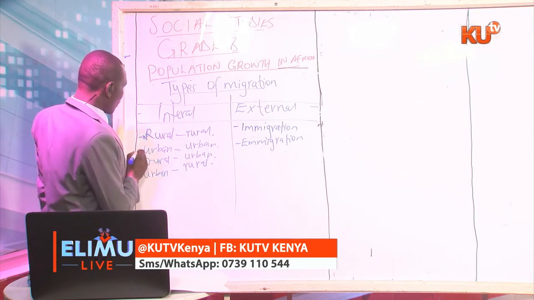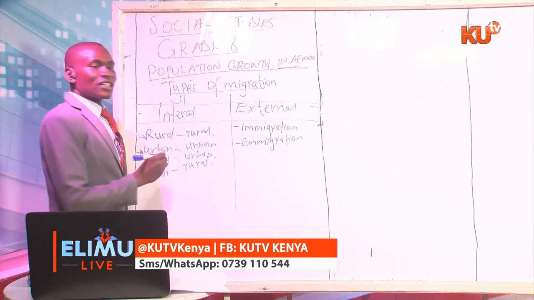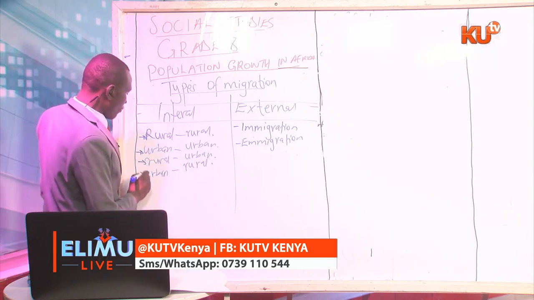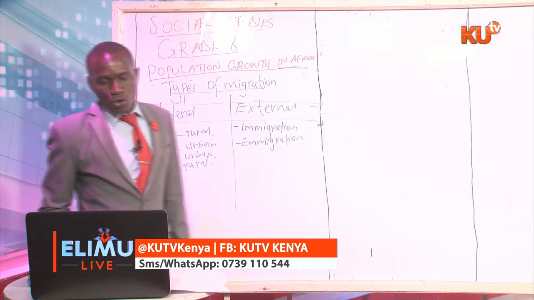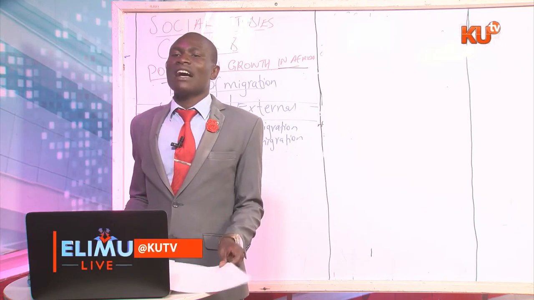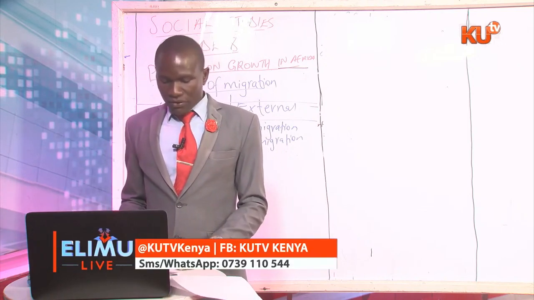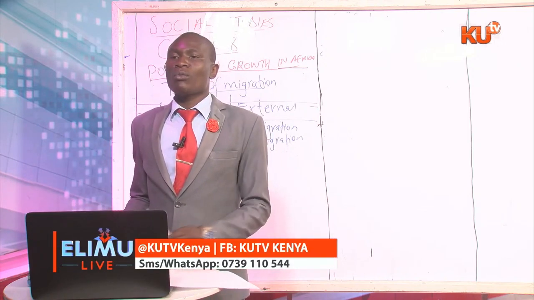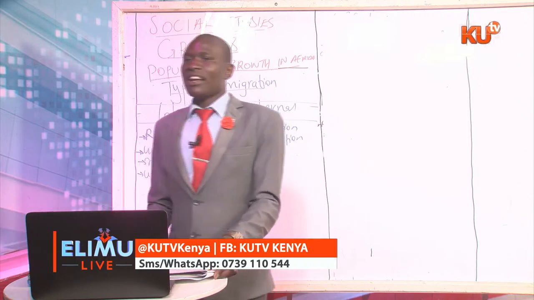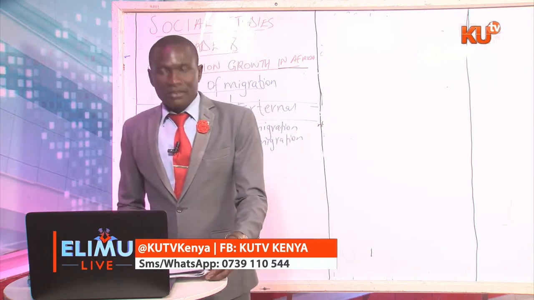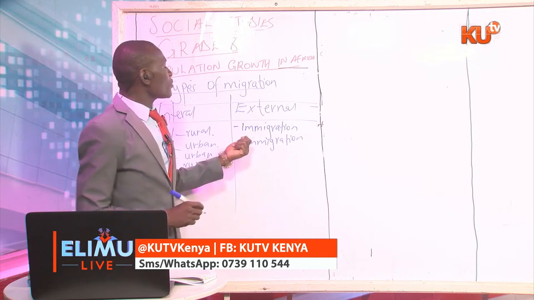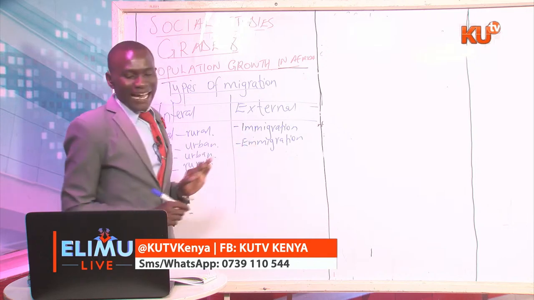What are some of the reasons that make people move from one urban area to another, from one rural area to another, from rural to urban, and from one urban area to a rural area? Use the number that we have on the screen to give us your correct answer. And the only type of migration that we are going to handle today is external